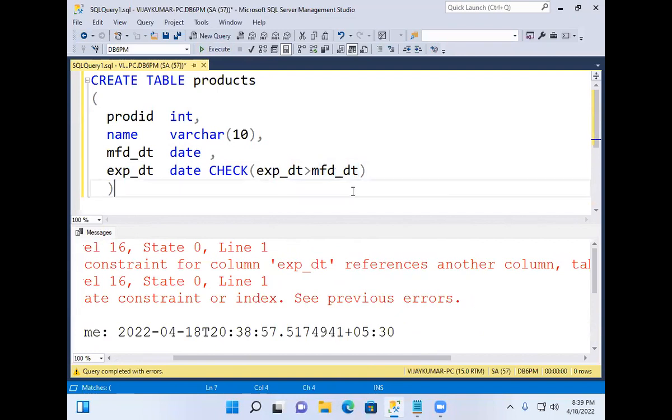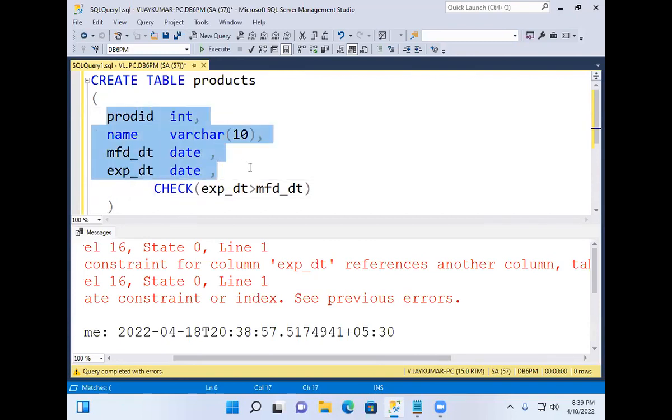Then what is the solution? The solution is table level. So you cannot declare this at column level. Declare it at table level. Declaring at table level means product ID, comma, name, comma, manufacture date, comma, expiry date, comma, then declare. Okay? So you declared all columns. After declaring all columns, then